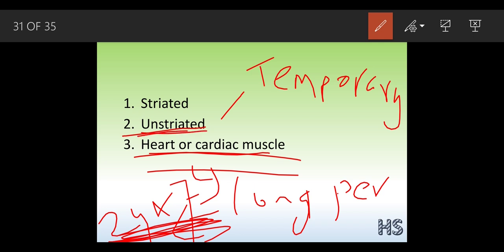But unstriated muscles are temporary in nature. They are going to work at that particular period of time. Whenever I am eating food, at that time the unstriated muscles are going to work. But humans are not going to eat 24/7. We eat our lunch and dinner for half an hour each, so around 2 to 3 hours these unstriated muscles work. But the heart muscle has to work 24/7, because this is life.